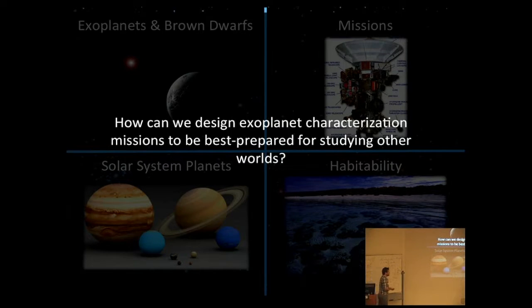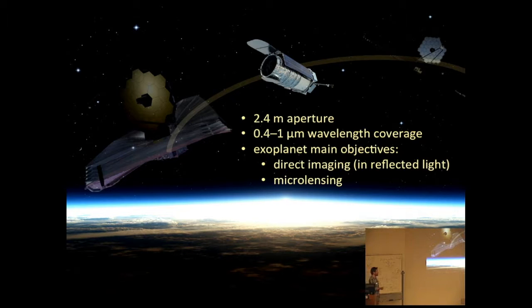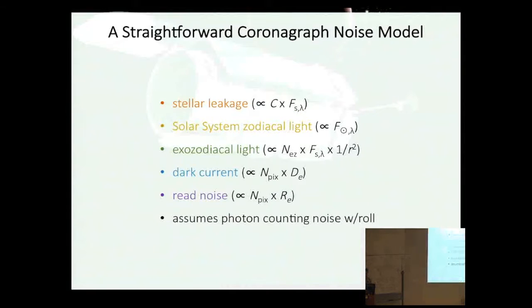I mentioned that I'm interested in exoplanet-oriented missions, and so Mark has already given an introduction to WFIRST, and Mark and I are both on one of the WFIRST science investigation teams. And so we concern ourselves a lot with characterization of exoplanets in reflected light that WFIRST might be able to do. A tool that I have that is both online, and I'm happy to share with you all and tell you how to use, is a noise model for WFIRST that Mark and I put together.